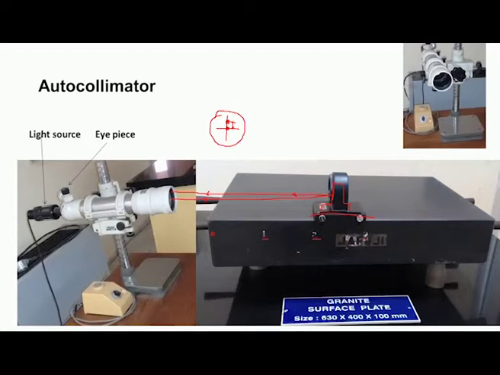It is very essential that before we start the experiment, the surface to be tested is thoroughly cleaned. If there are some dust particles, then the inclination of this reflector stand will change, that will give an error. So, it is necessary that the surface should be cleaned properly, and the bottom of the reflecting surface also should be thoroughly cleaned.